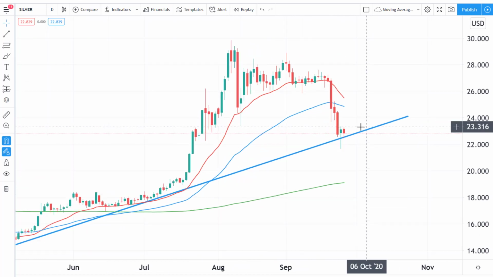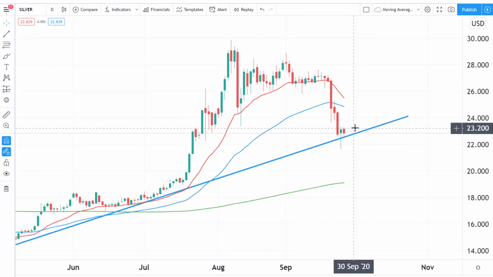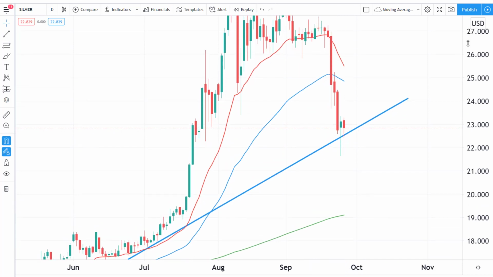So here we have silver, and we can see that it found a bullish hammer followed by no new high the next day. One of the most important things about bullish hammers is we want to see follow through the next day, in terms of the market. So I would probably place some form of alert just above, to make sure that not only has the market respected this level, but it has made a new high above the previous wick zone. Once it does that, it's showing you that the momentum is bullish and aggressive.